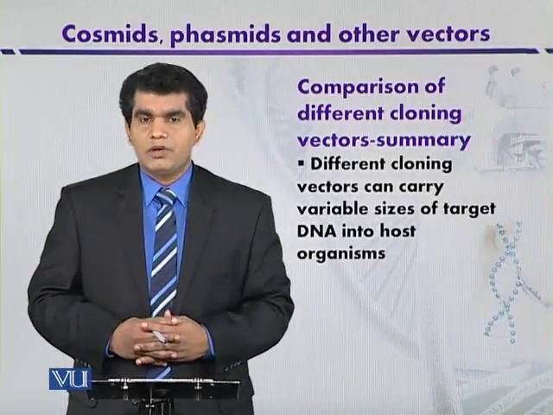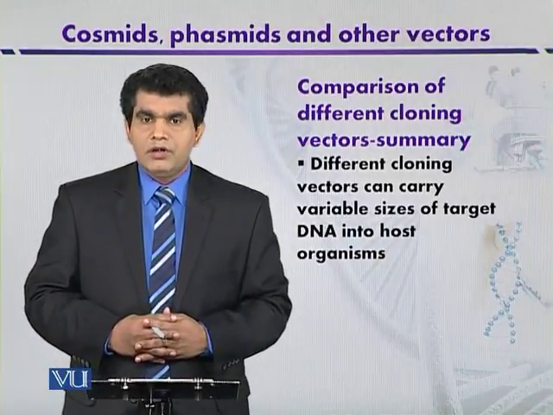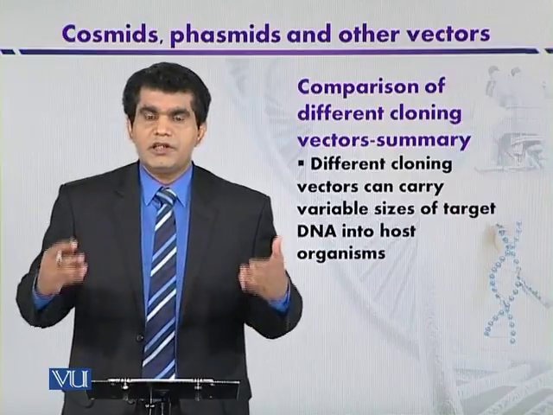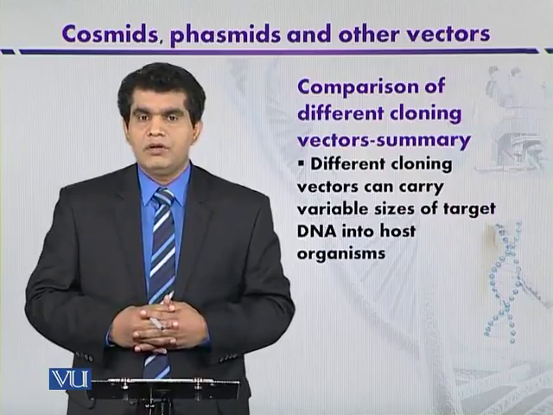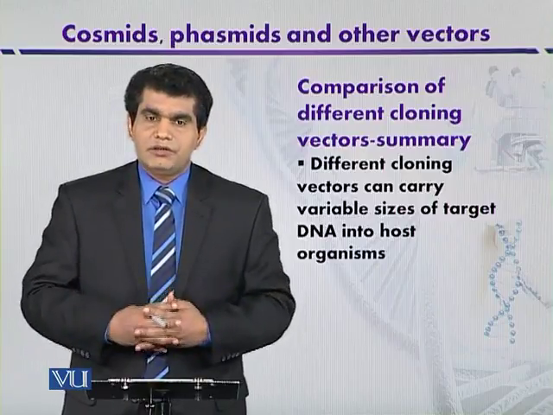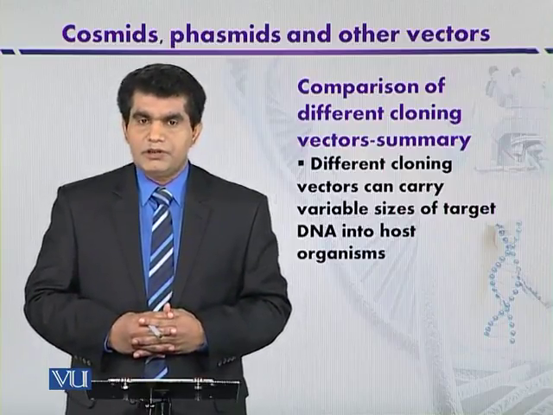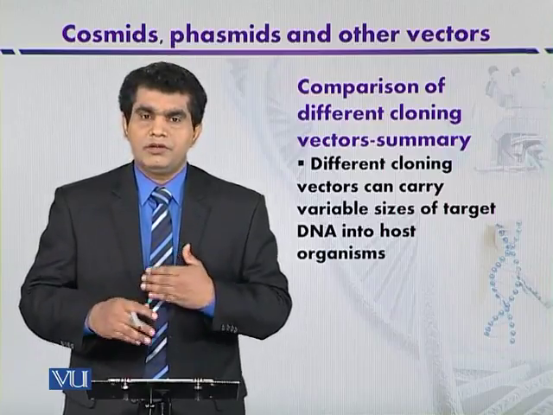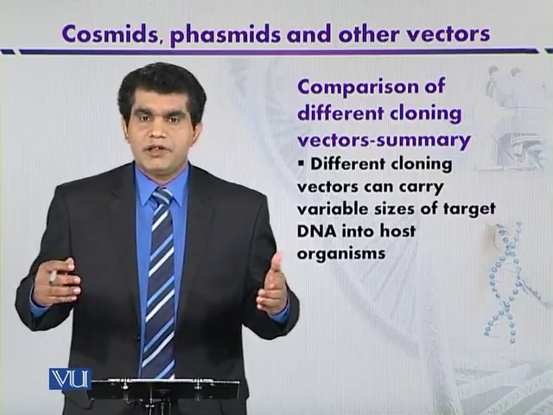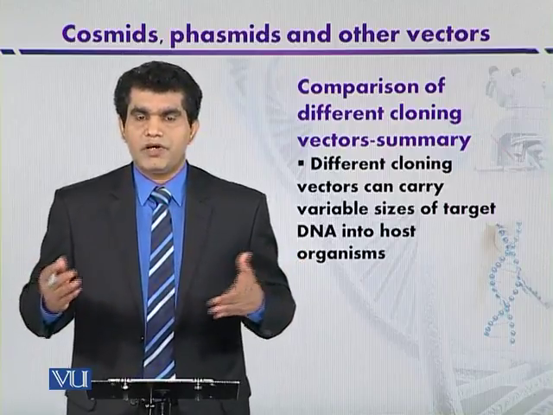Comparison of different cloning vectors. At the end, after discussing different types of cloning vectors, we can summarize them. We started our discussion with the bacterial plasmid. You have the idea that plasmids can replicate independently of the host chromosome because of having their own region